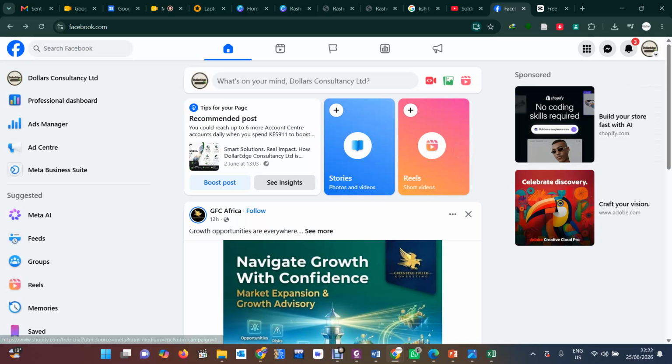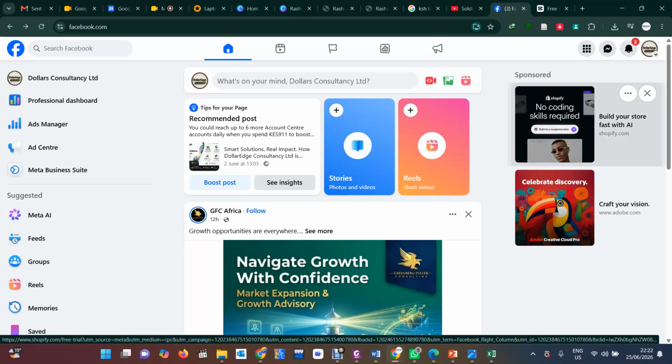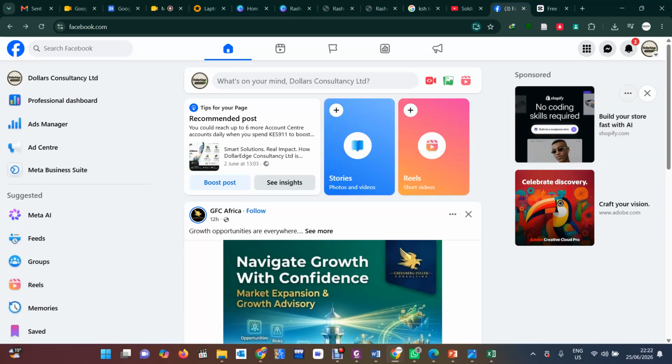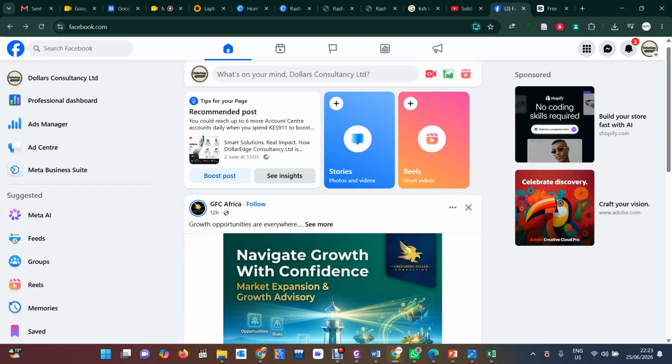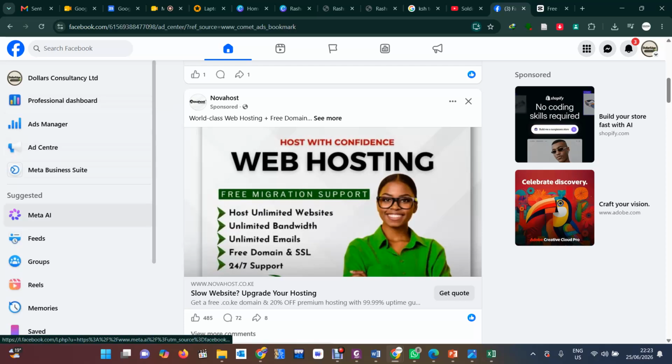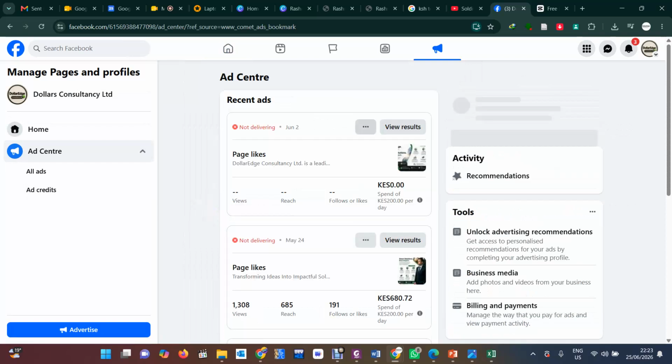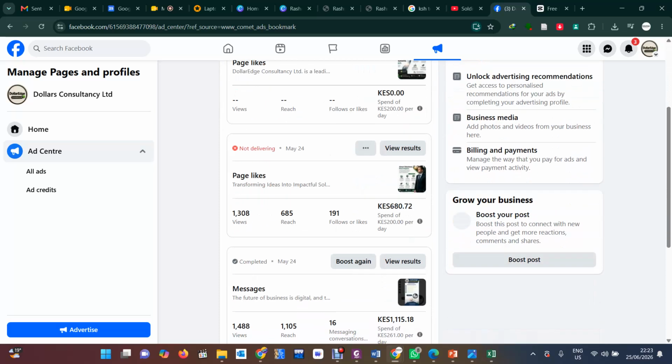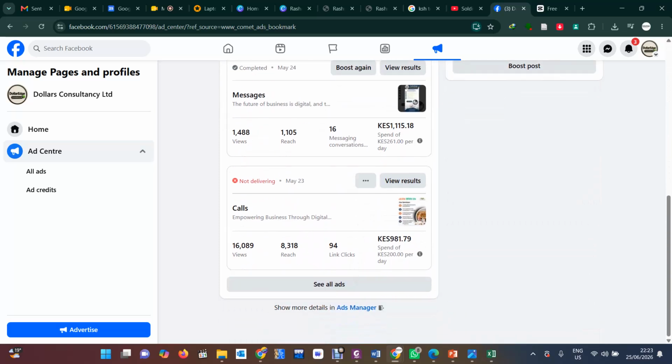Like now, here you can see sponsored. This one, build your store fast with AI. And then here, craft your vision. So that is an advert running. This person has paid money. You can see from those adverts the money has been spent. Even this one here is paid, and therefore it is running there. This one here is also paid. Anything that you see sponsored that appears on top, they are using the Meta AI for advertisements and this AdSense. So you see the adverts that have been running here to market.